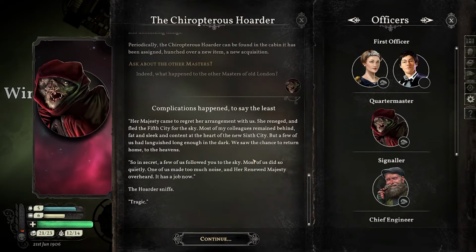Complications happened, to say the least. Her Majesty came to regret her arrangement with us. She reneged and fled the 5th city for the sky. Most of my colleagues remained behind, fat and sleek and content at the heart of the new 6th city. But a few of us had languished long enough in the dark. We saw the chance to return home to the heavens. So in secret, a few of us followed you to the sky. Some of us did so quietly. One of us made too much noise and her renewed majesty overheard. It has a job now. The hoarder sniffs. Tragic. I wonder if...